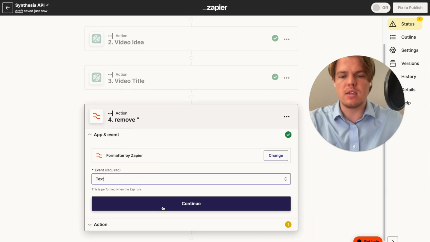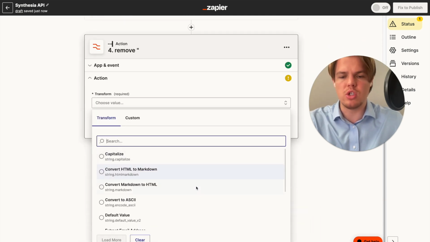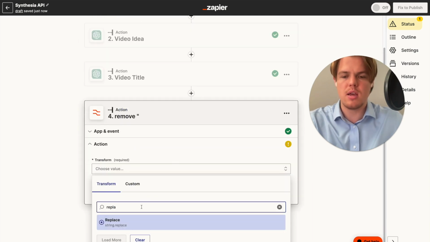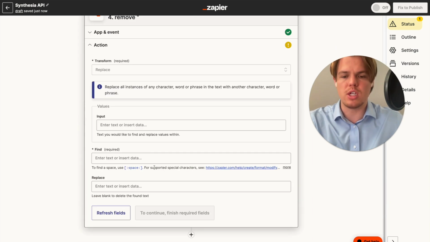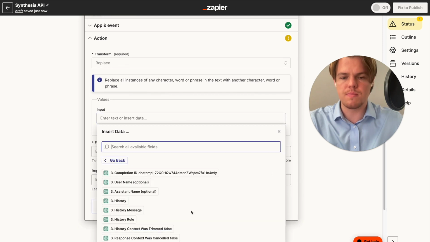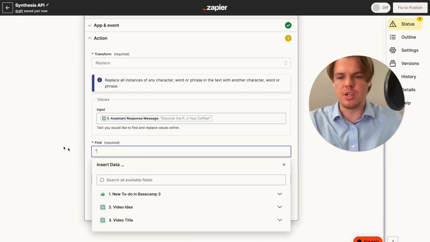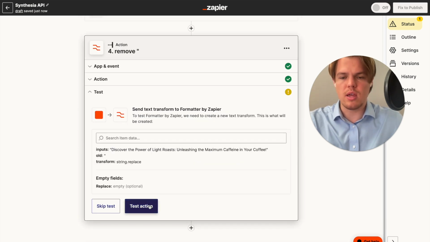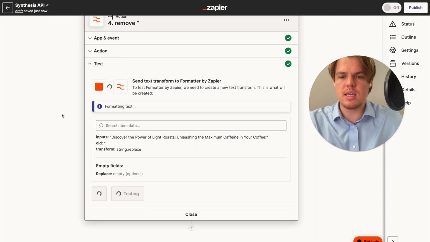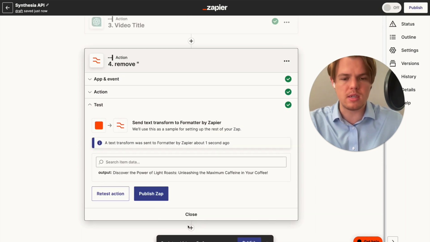The event we're going to be doing is manipulating text. We're going to grab the text that we just generated here. We're going to hit replace because we obviously want to replace the quotation marks with nothing. So we're going to show all options, and we're going to go ahead and find the quotation marks, continue, test action. And what you'll be seeing here is the exact same content, both at the quotation marks,